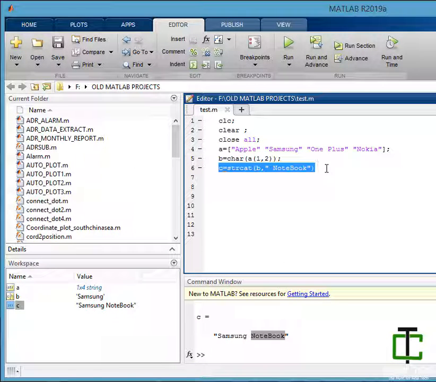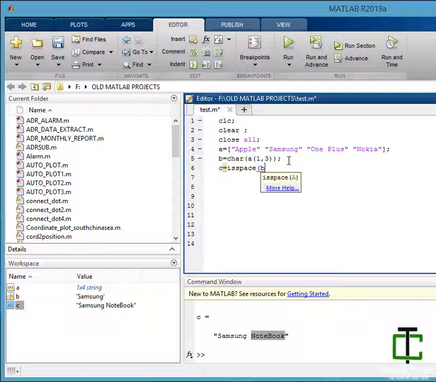Let's see another function. Let's say B has a value of 1 plus, a 1 comma 3. So here you go, you have a space in between 1 and plus. I want to detect a space inside a string. So what should I do? I have to use a function called isspace. isspace B only.